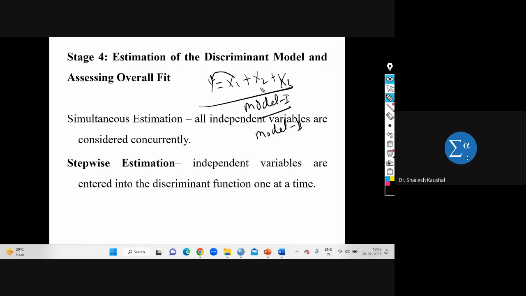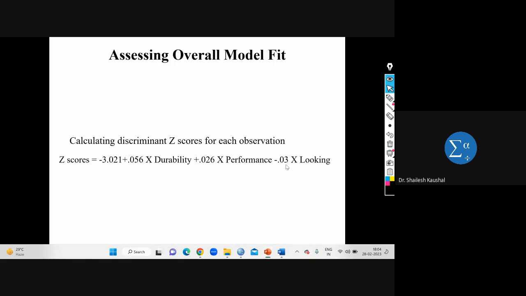Model 2 means we are taking two independent variables and one dependent variable. Model 3, we are taking three independent variables and one dependent variable. So we can check it through the stepwise estimation. Now, assessing the overall